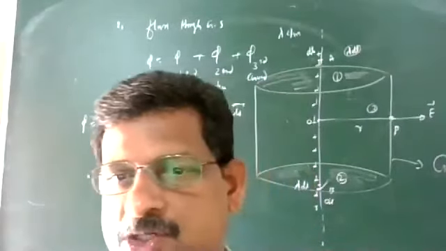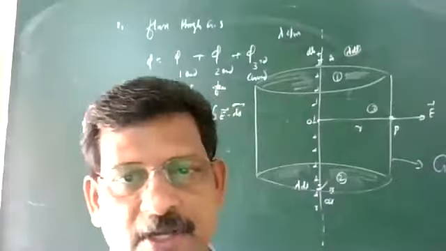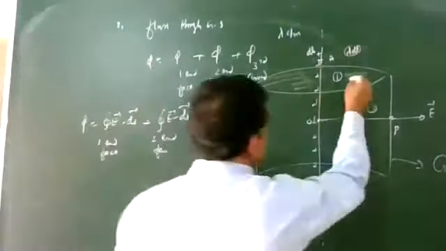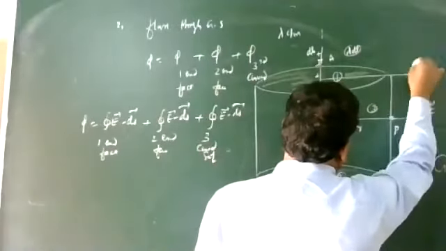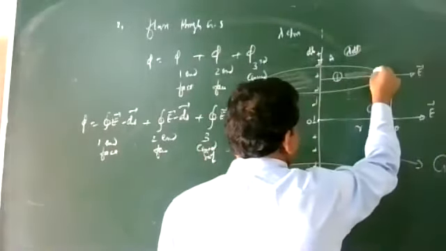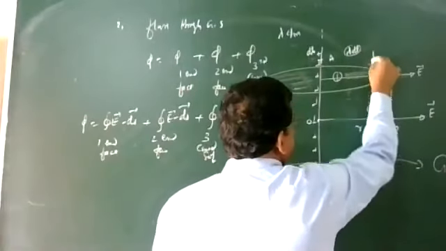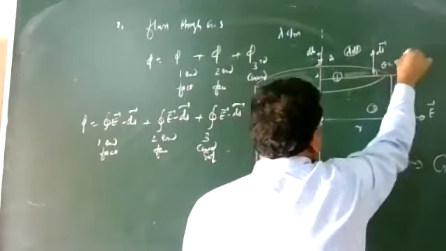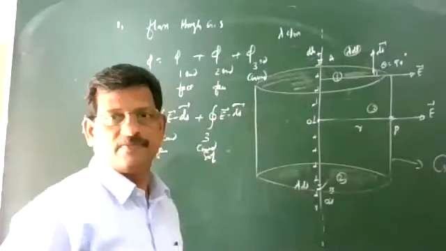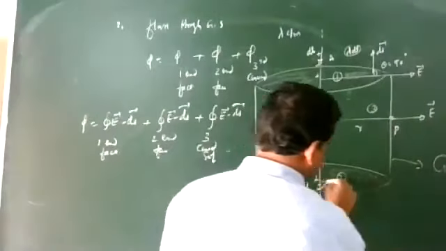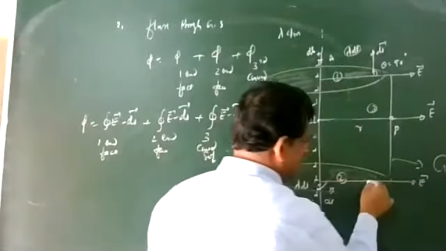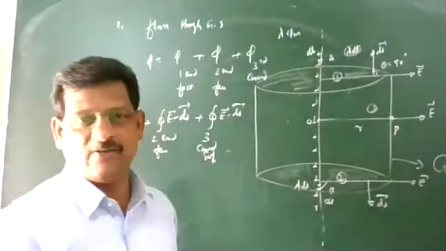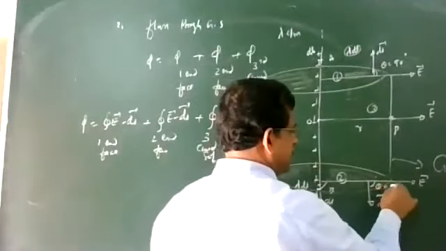You have to find out the direction of E vector and ds vector on the surfaces. On the first surface, where is E vector and ds vector? E vector is perpendicular, radially out. Ds vector, if you are taking here, will be outward from the normal. And on the second end face, the left face, E is radially out, and the outward normal is here. Therefore, the angle between E and ds vector is 90 degrees on the second end face also.